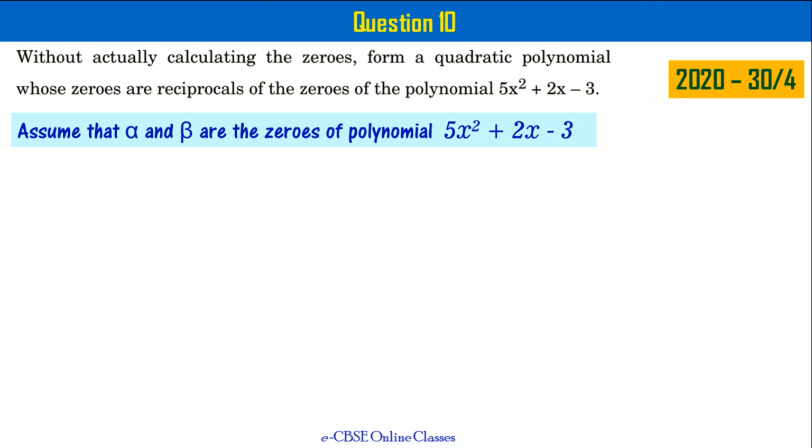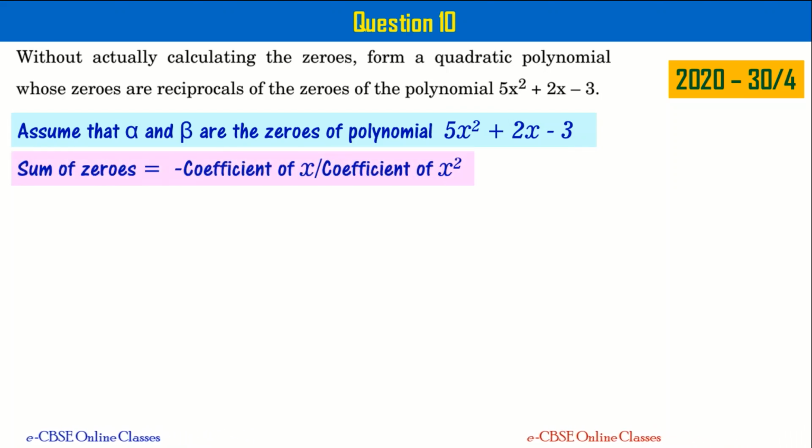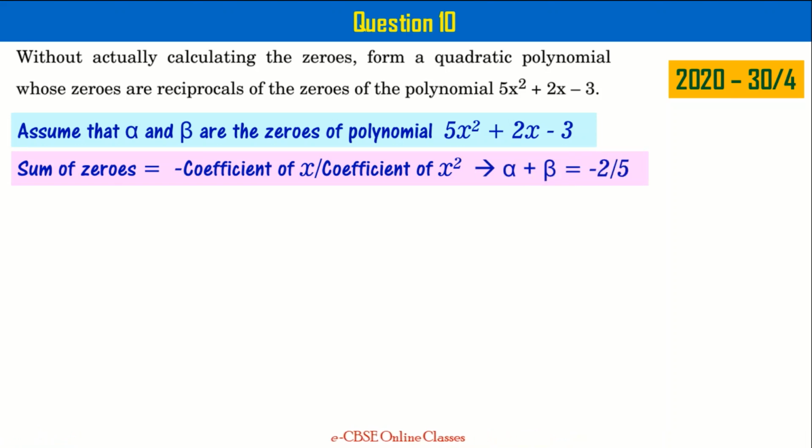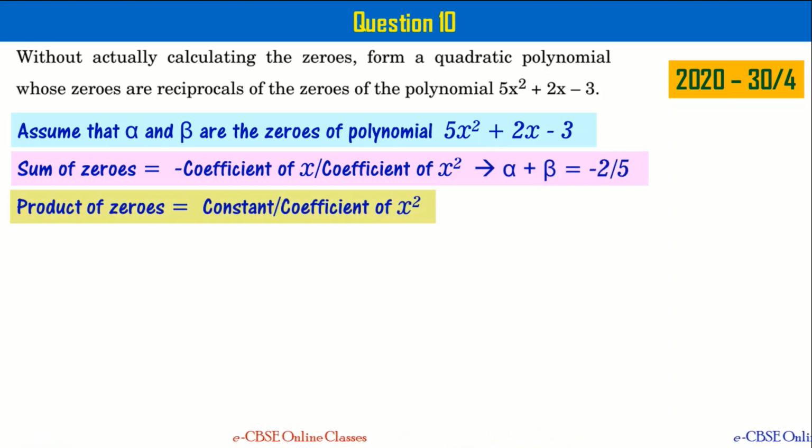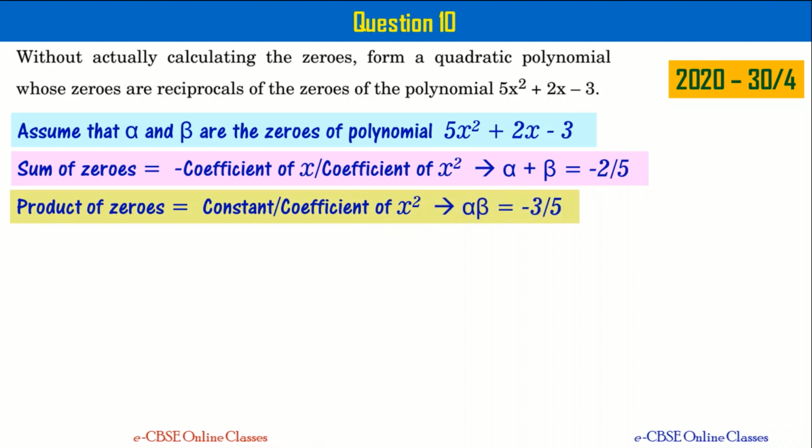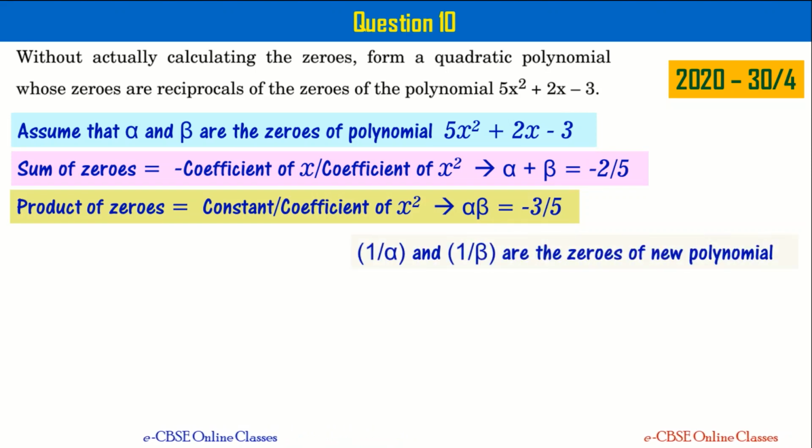Let's assume that alpha and beta are the zeros of the polynomial given, that is 5x square plus 2x minus 3, right? Sum of zeros, that is alpha plus beta equal to minus 2 by 5. Product of zeros is alpha beta equal to minus 3 by 5, right? And now we have to go to the reciprocals of the zeros, means 1 by alpha and 1 by beta are going to be the zeros of the new polynomial, right? If that is the case,